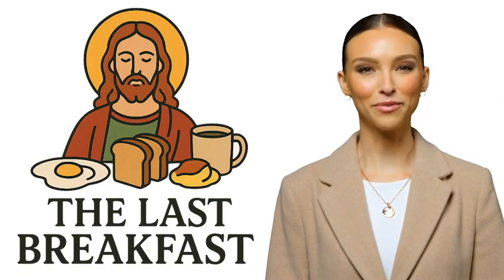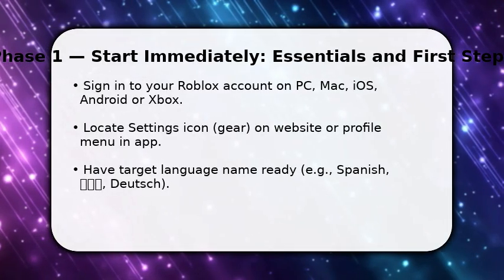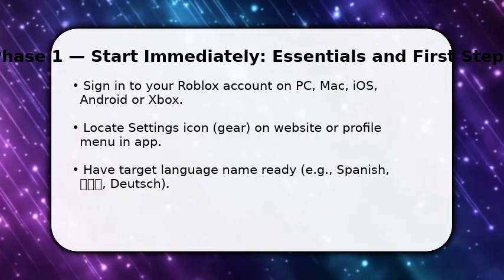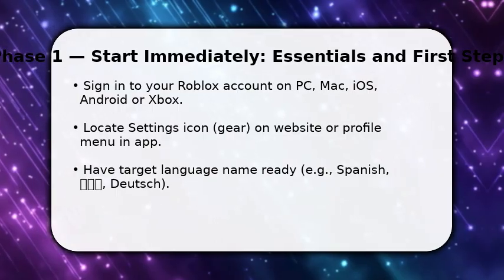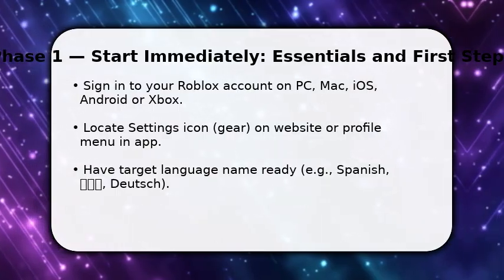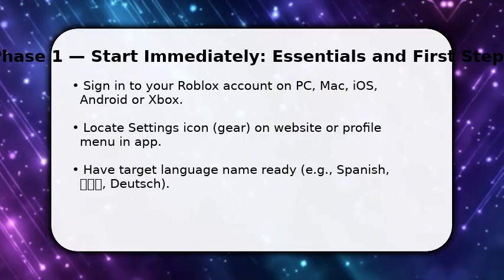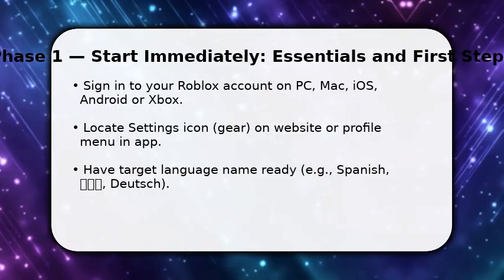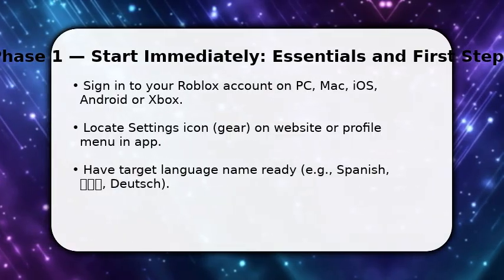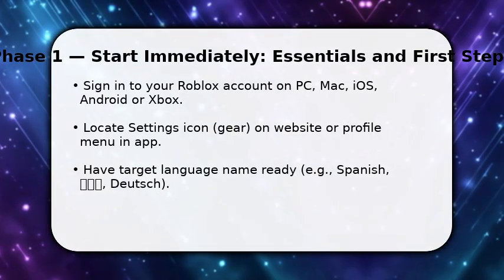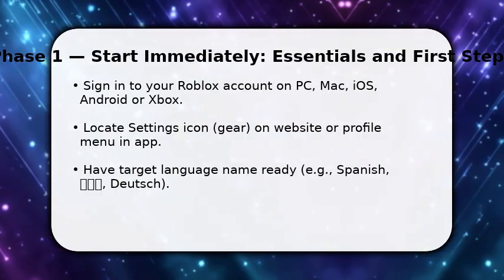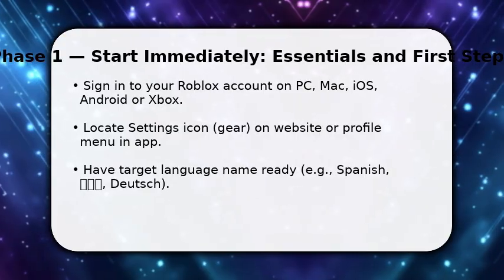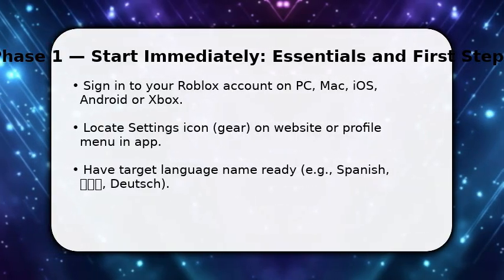Please enjoy the video. You start by opening Roblox where you already signed in. This avoids permission delays. Once on the site or app, navigate directly to settings from the profile or gear icon so you land on account options quickly. Make sure you know the exact language name or script to avoid confusion. Spanish differs from Latin American Spanish, for example. This first action places you in the right panel to change language preferences and prepares you for the next steps